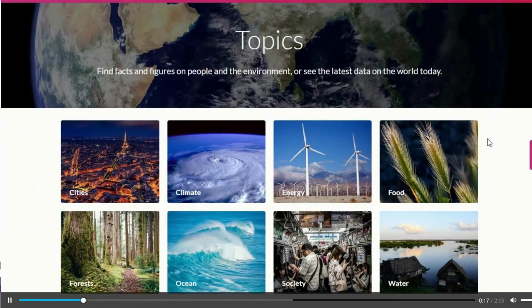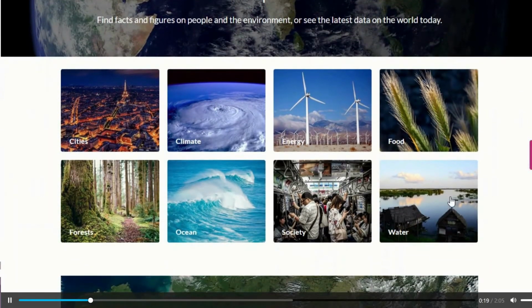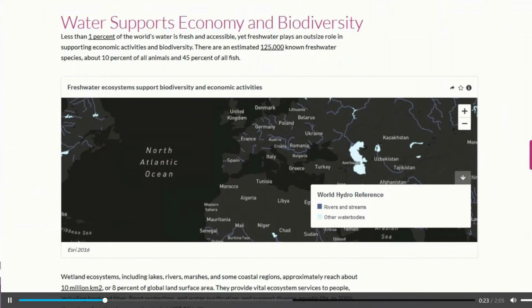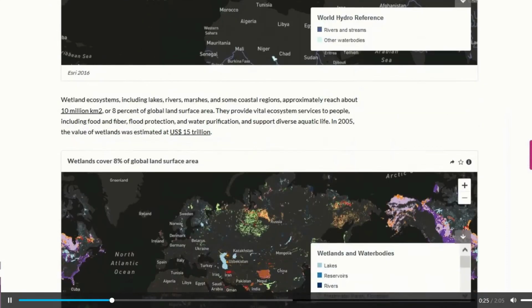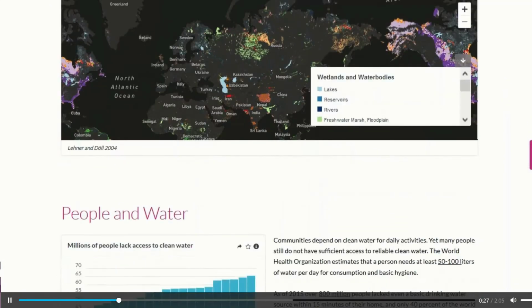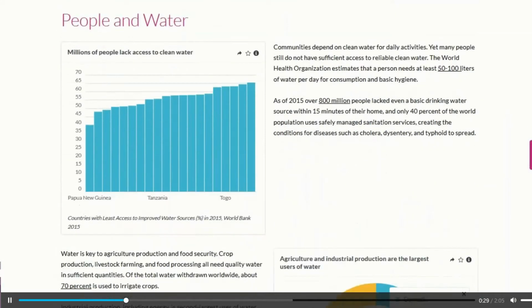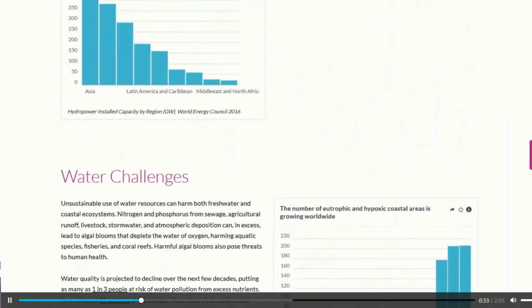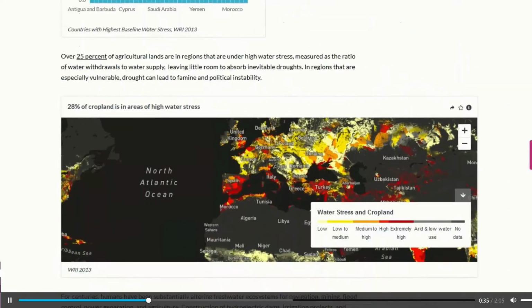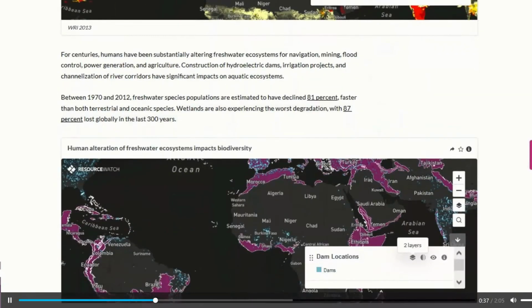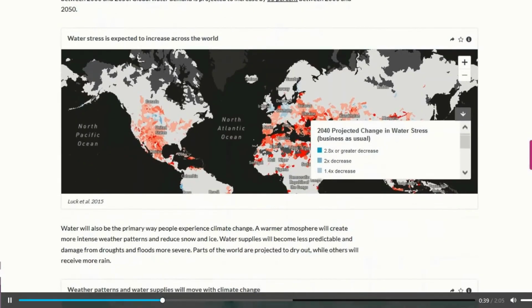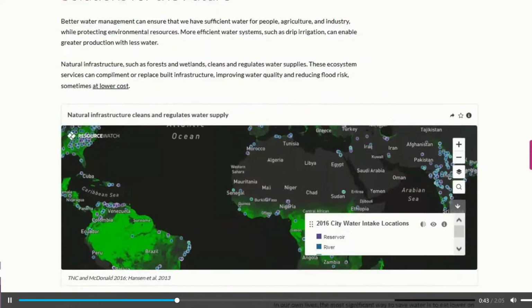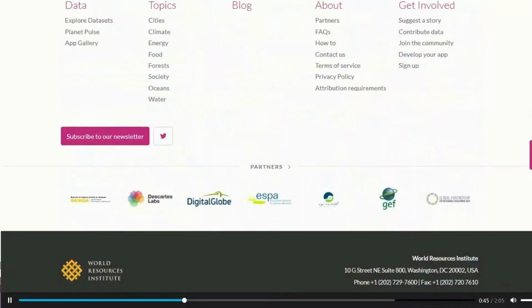We have them on a variety of different topics related to sustainable development. And I'll show you the water page just to give you an example of what these look like. So these topic pages are really meant to give you a great overview of what the current state of this topic is. It has a lot of great images and figures pulled from our data sets on ResourceWatch, as well as maps. And this is a great way just to get an overview of these topics if you're really just trying to get an introduction to the area and you don't know much about it. So this is a great place to get started.